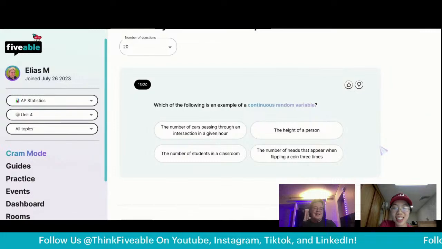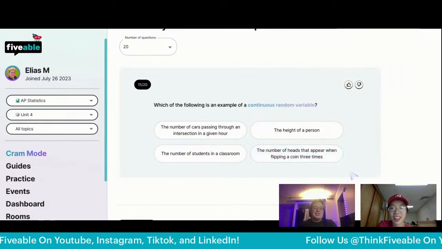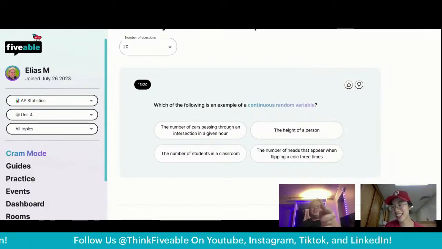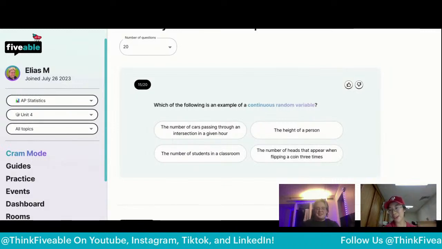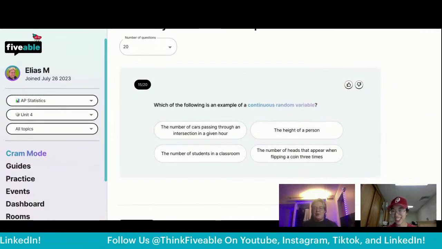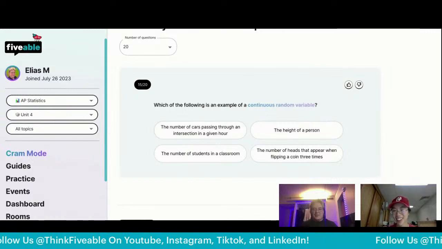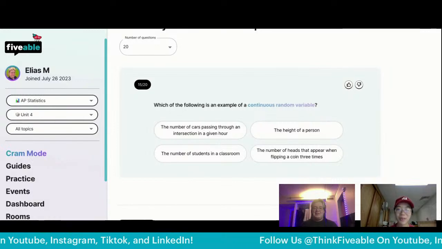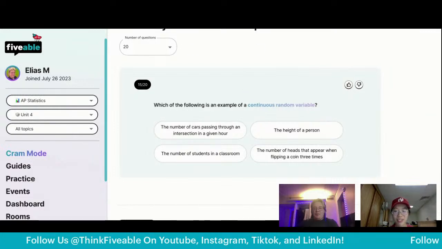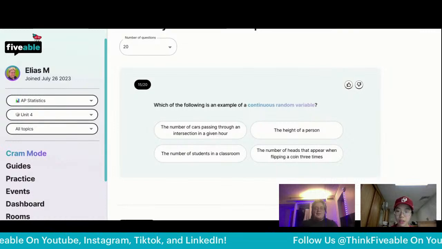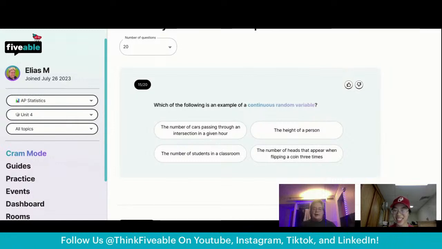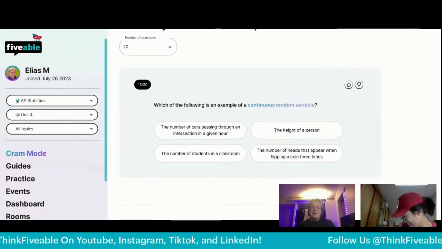Anyways, continuing off of that. You cannot have a fraction of a number of heads that appear when you flip a coin 3 times. And don't say on the edge. That's my joke. Yeah, in the middle of it, they just chop the coin in half with a katana. Like, actually there just happened to be an invisible knife right where I flipped it, and the penny landed so perfectly that I just cut it in half. This is typical. Don't worry about it. Anyways, the number of cars passing through an intersection in a given hour, unless you want to start getting into arguments about different kinds of cars not being real cars, which we're not getting into, you're not going to get